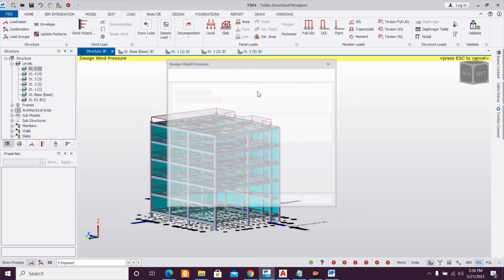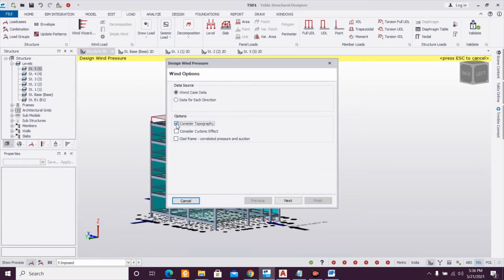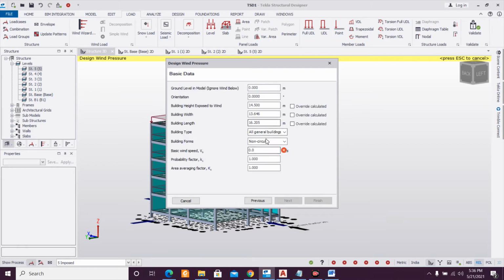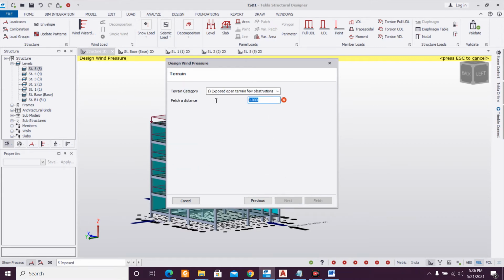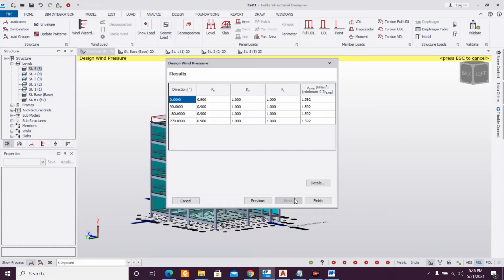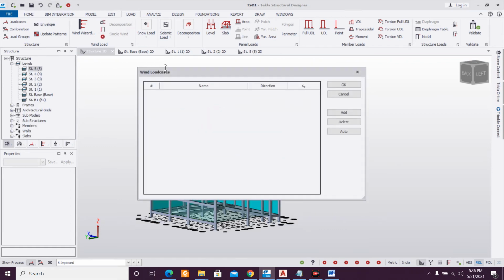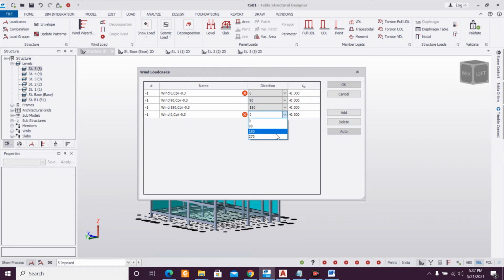Wind wizard. Do not consider topography. The basic wind speed is 50, and the phase distance basic is 5 meters here. Next, finish. Add these wind cases: 90, 180 and 270.